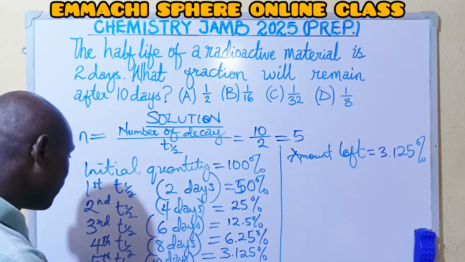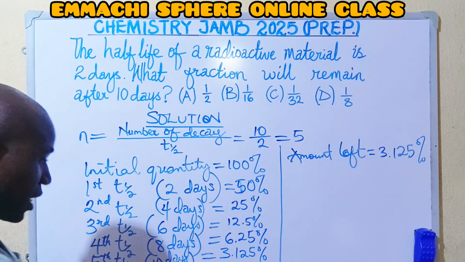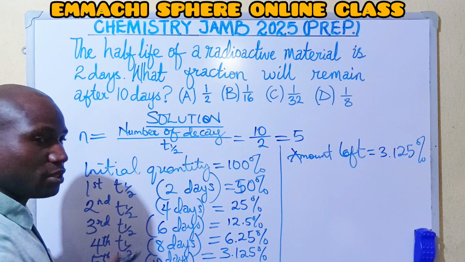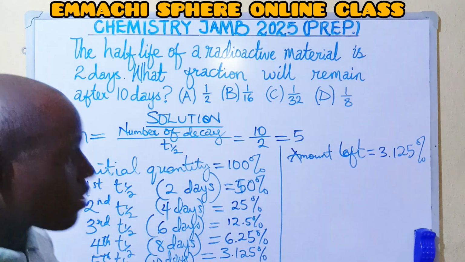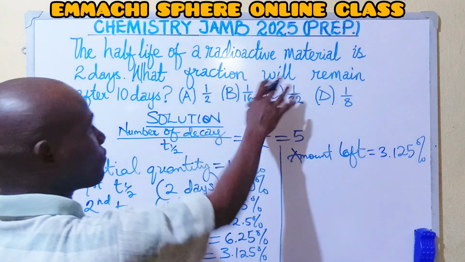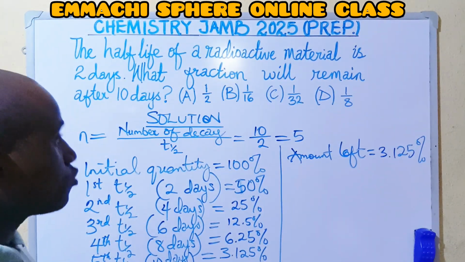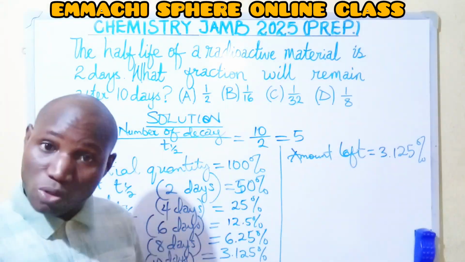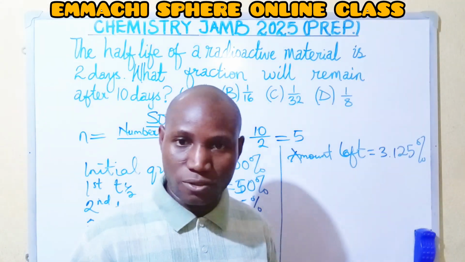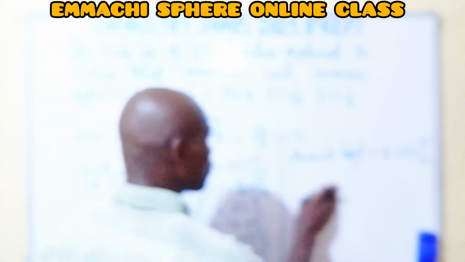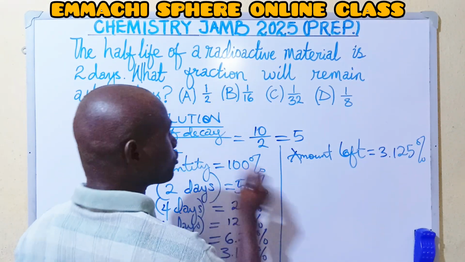After the 5th half-life, that is for 10 days, it is left with 3.125%. Because we are asked to calculate the fraction that will remain, and if we were asked for the amount left or the quantity left, then we could stop here without writing percentage. But to calculate the fraction, it will be